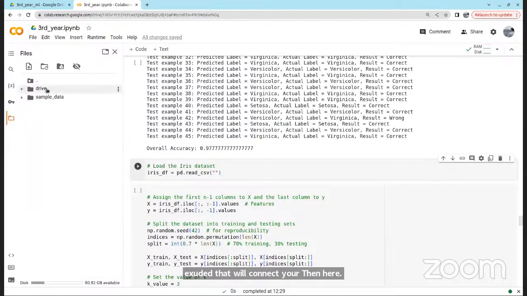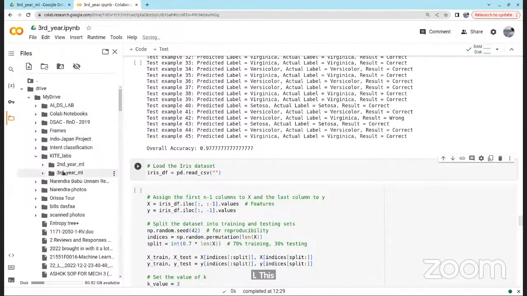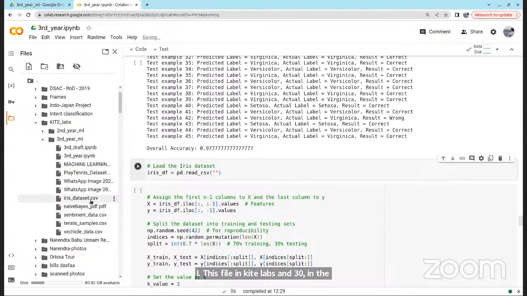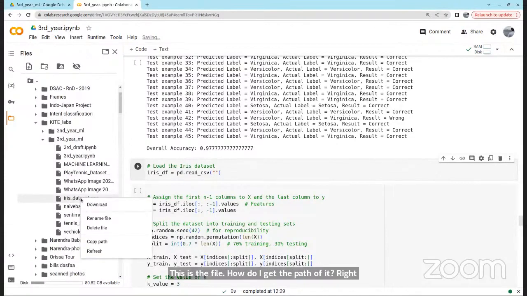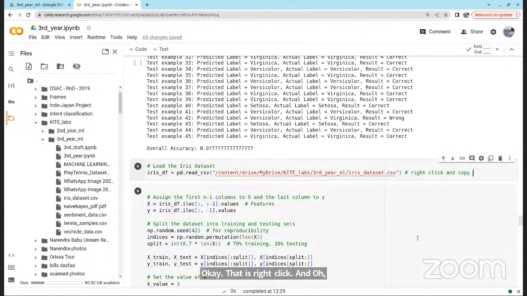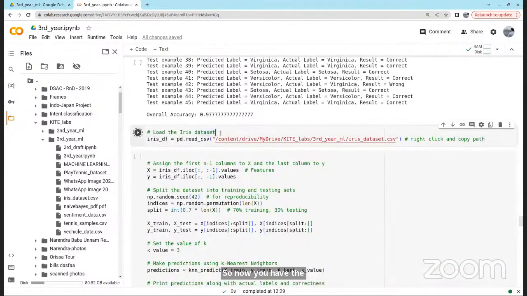I'll go to Drive, and then My Drive, I kept this file in Kite Labs, third year ML, iris dataset.csv. This is the file. How do I get the path of it? Right click and copy path. So now you have the path to that file.